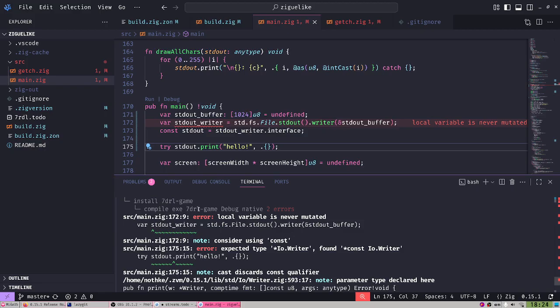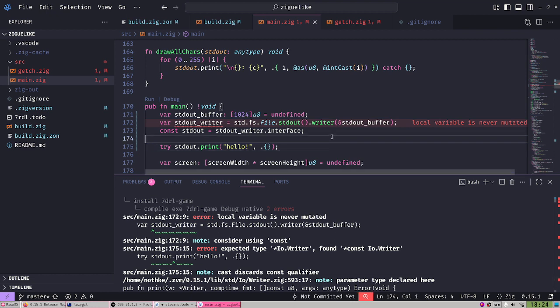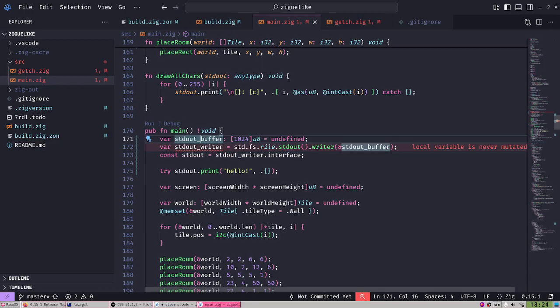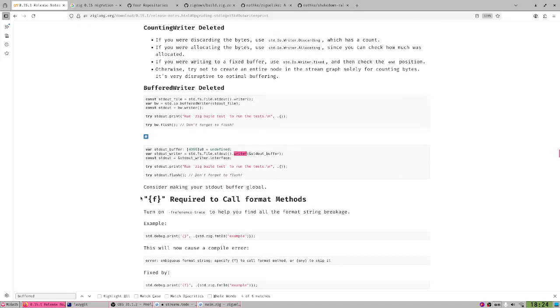Consider using const. It's funny that it says consider using const, but it doesn't let me not use const. I mean, I can, yeah, expected type IO writer found const. Okay, what am I getting wrong here? I must be making some major mistake here.